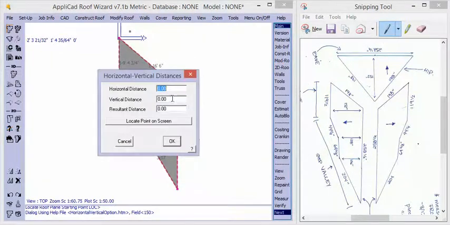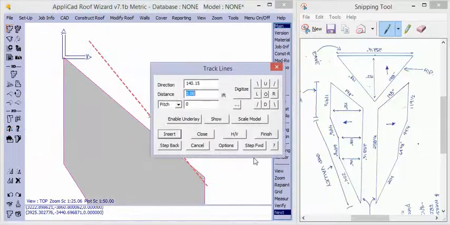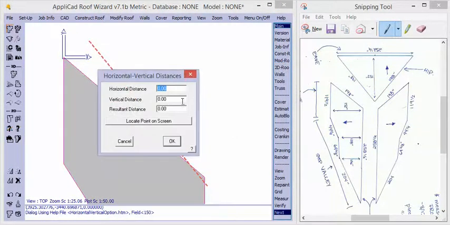The horizontal distance, well, I'm not sure what that is, but we have a vertical distance, 152. Actually, minus 152. And resultant distance is 198 inches. And we hit OK, and which way is that heading? It's over here. And we're going to do that again for the next bit. So the vertical distance in this case is going up, 152, no minus or horizontal. Resultant